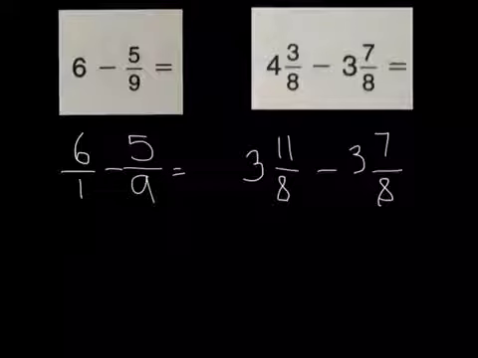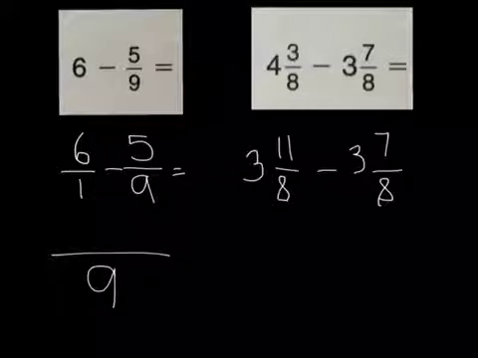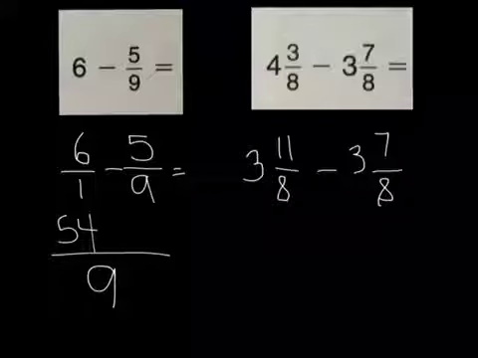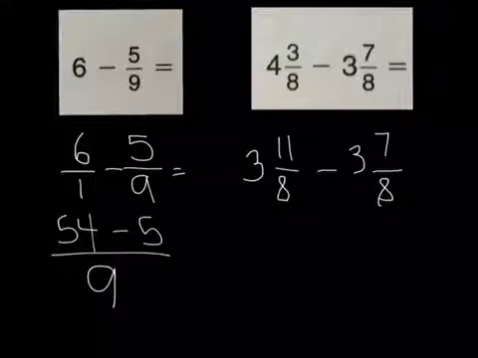Okay, I hope you paused it. The way we do it is simple. First, we must find a common denominator. When adding and subtracting, the first thing you do is find a common denominator. Common denominator for the first one is 9. We have to multiply the 1 times 9, so we multiply the 6 times 9, and we get 54. We didn't do anything to this 9, so we do nothing to this 5. We keep it with the subtraction. We subtract 5, and that gives us 49